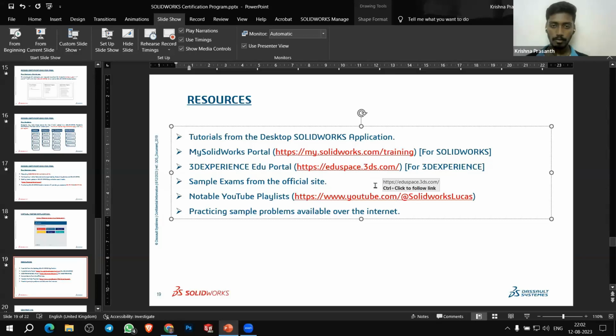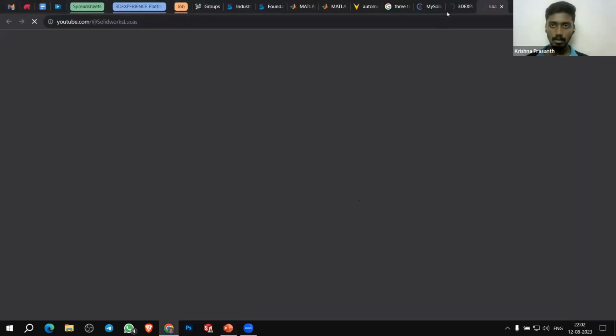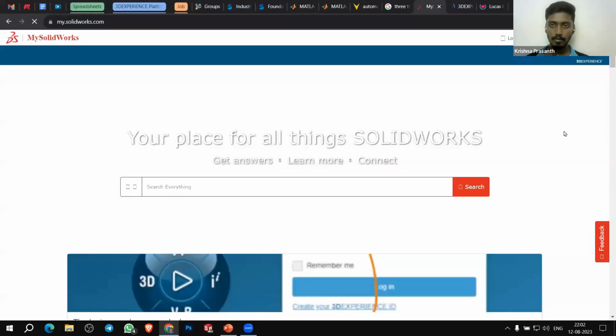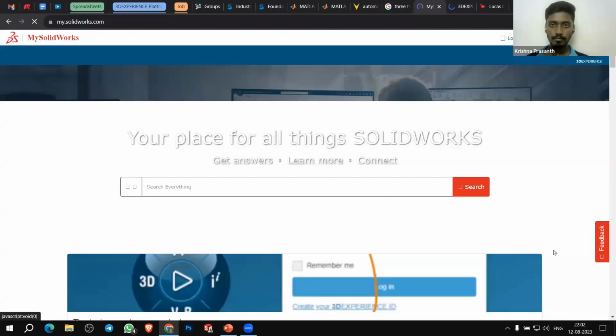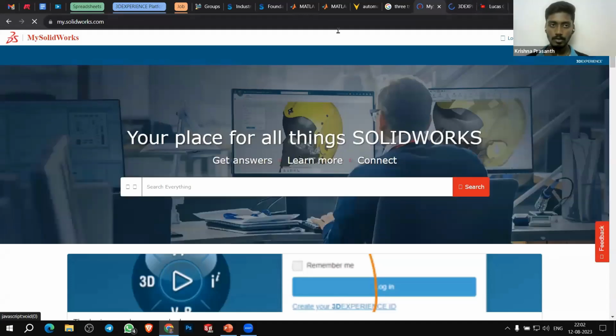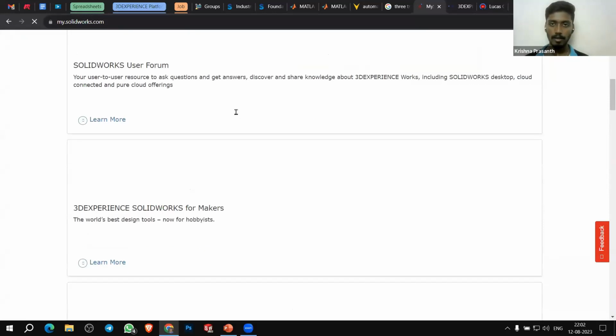So these two are some of the sites, and after getting in, you can see what all the resources are available here. You need to have a serial number to access every data that is available.